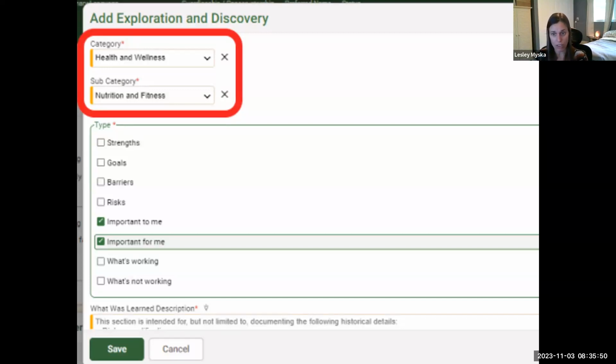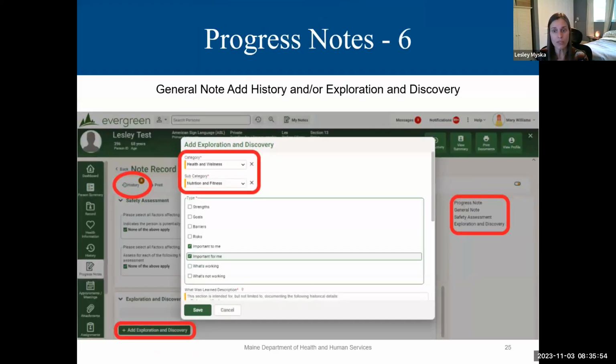History items can also be captured from within the progress note, and you would do that by using the history widget, which is in the upper left-hand corner of the content area, which I've also circled here. This way, you don't need to navigate away from the progress note to capture your history. For more details on history, please refer to our first webinar series recordings, the new features and benefits of the person record webinars. Next slide, please, Miranda.